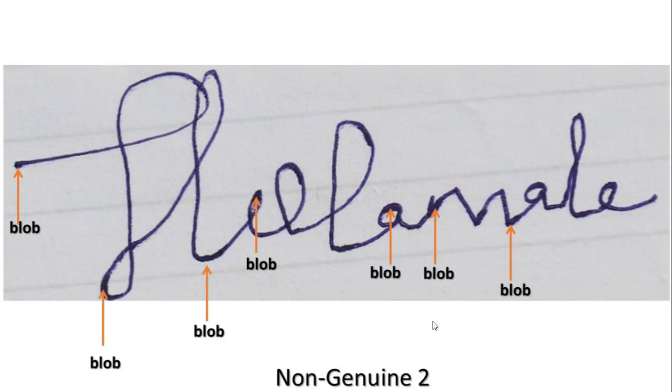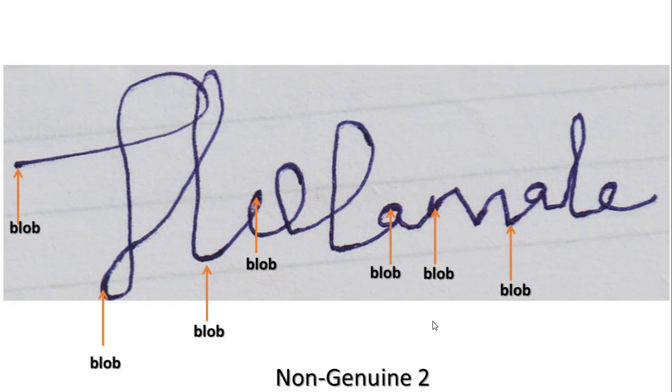Now another thing is blobs. A blob is a drop of ink that is too tiny for ordinary eyes to discover. In the strokes of a signature, the blobs will appear where blobs are not supposed to appear. At times you may see blobs in some places in a signature, but there are places where you are not supposed to see a blob, especially on a curve or on a straight line,